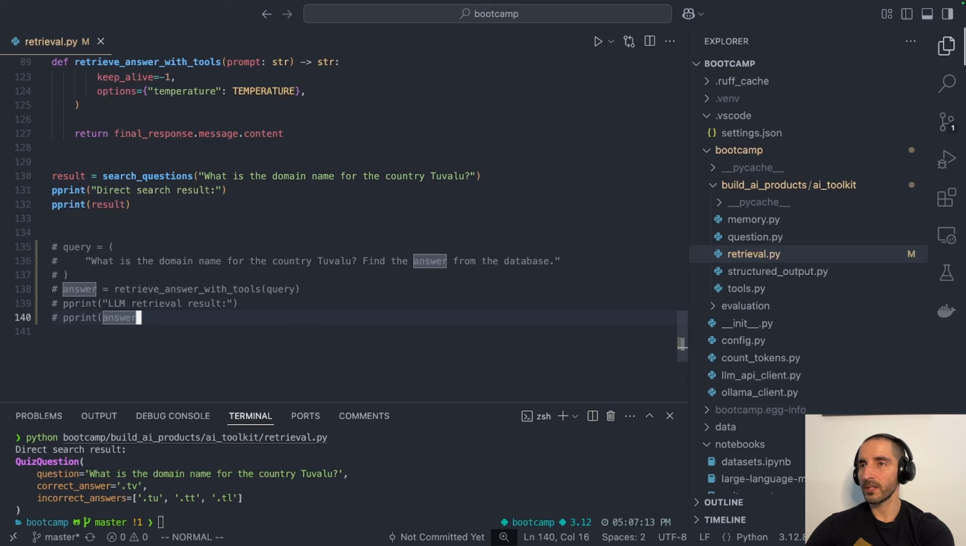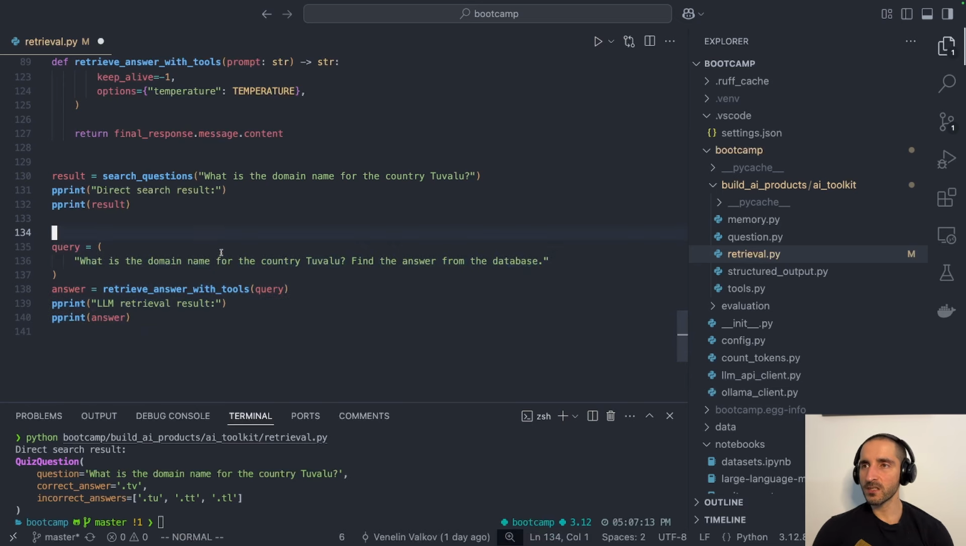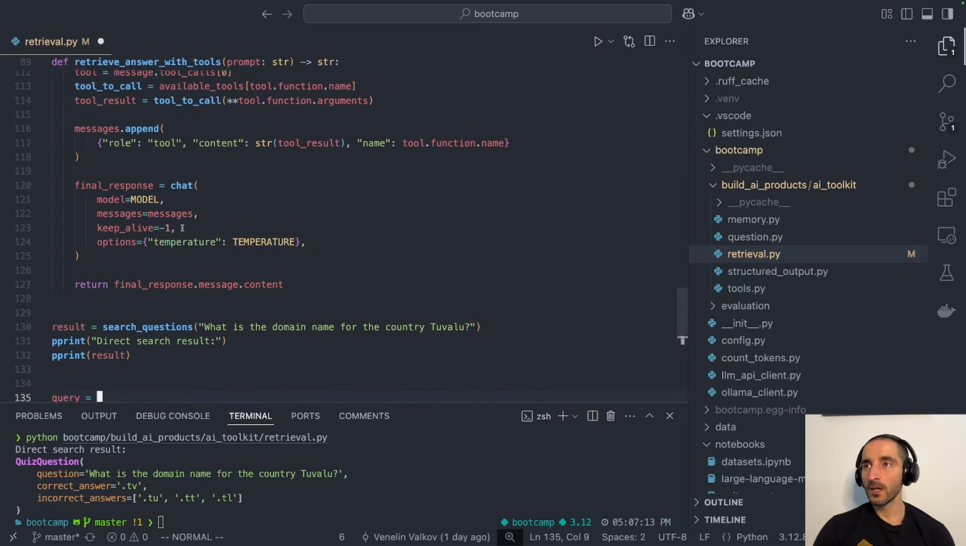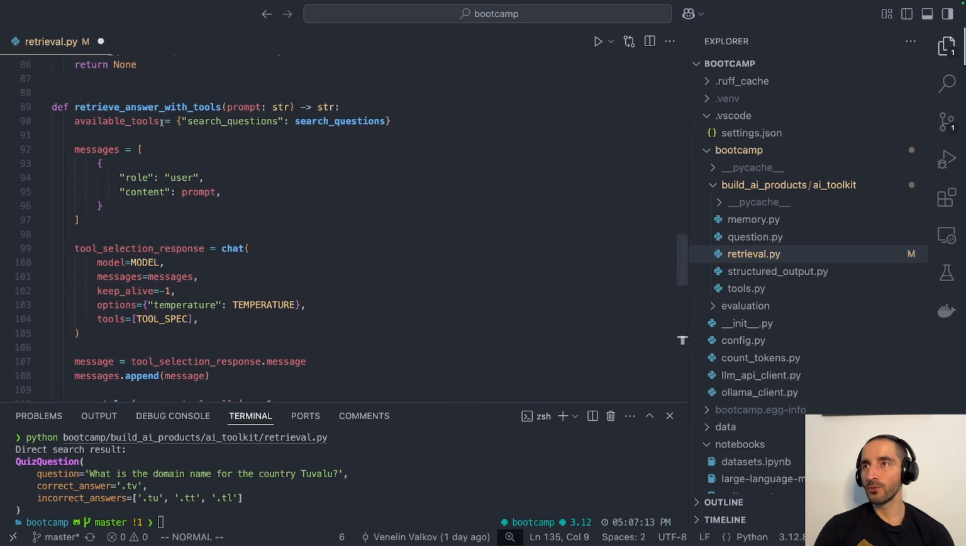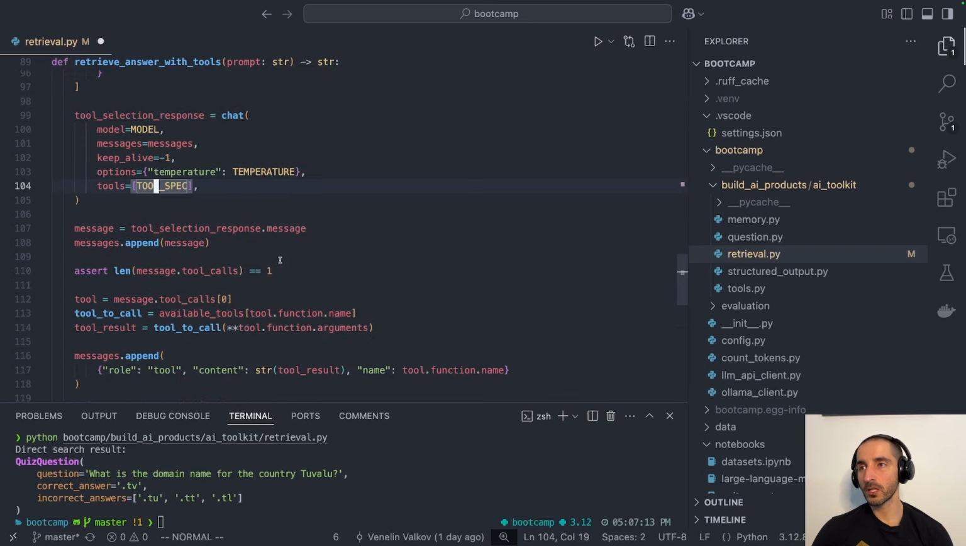So in the next one, I'm going to be adding a query to our LLM. What is the domain name of the country Tuvalu? Find the answer from the database. And I'm going to be calling our function retrieve answer with tools. And here you can see that I have pretty much the same setup that I had before with the search questions, then with the prompt. I'm passing in the tool specification,